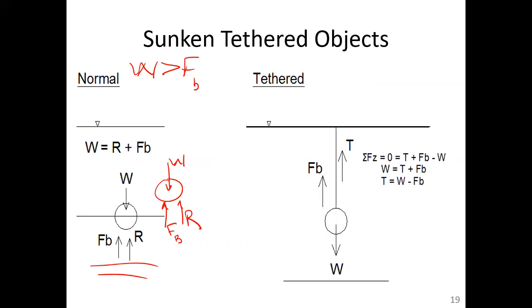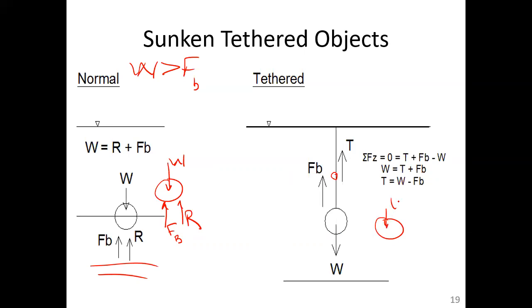Now what we would like to do is take that object and pull it off the bottom and just suspend it somewhere in the water column. It could even be partially suspended. And to do that, we obviously need something that's going to pull it up from the bottom and hold it there. And again, we'll call that a tether. It's something that's holding it. And now the free body diagram